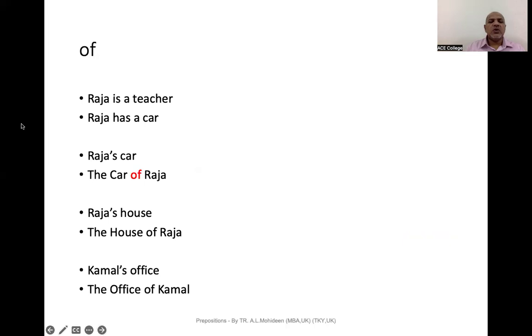And another use of "of" is as a possessive. Raja has a car. You can say Raja's car, or you can say the car of Raja. Raja has a house. Now you can say Raja's house or house of Raja. You understand? So this is the possessive type. So you can use of to